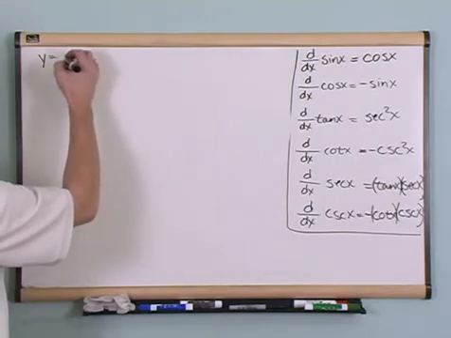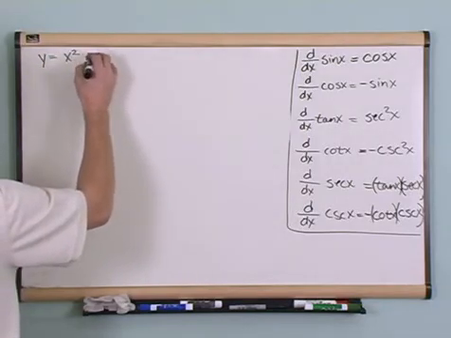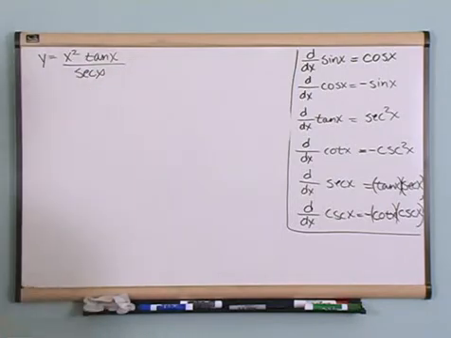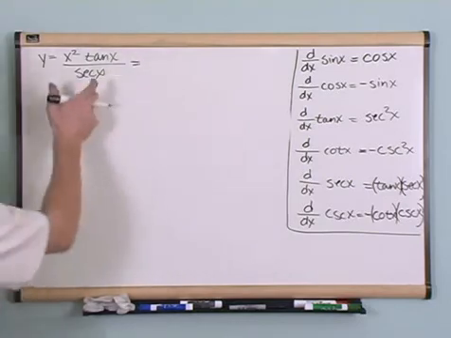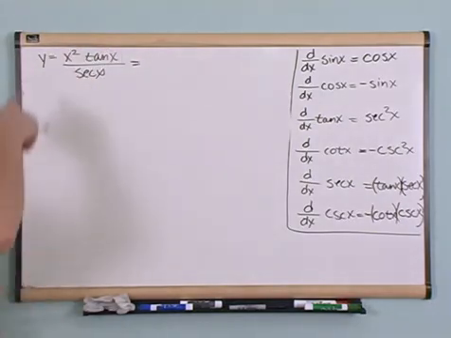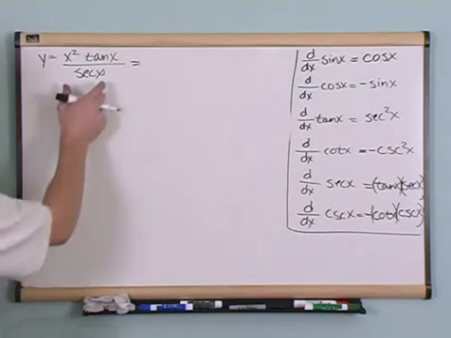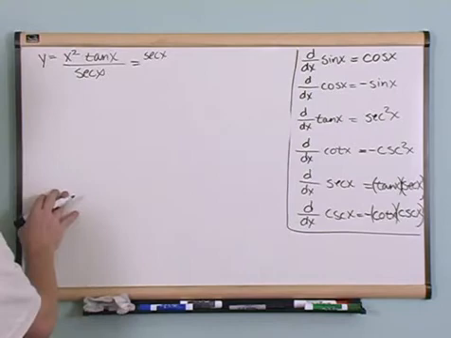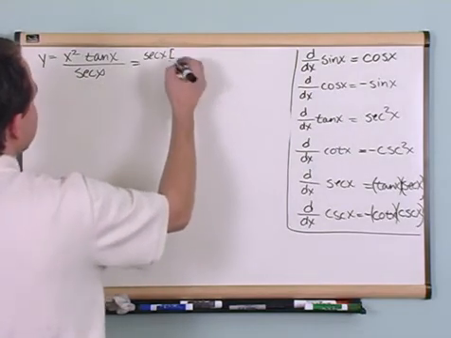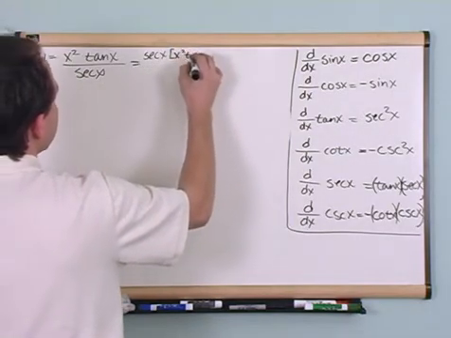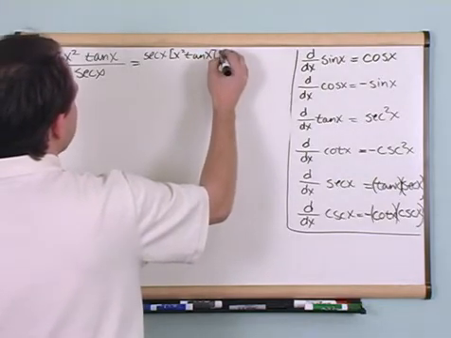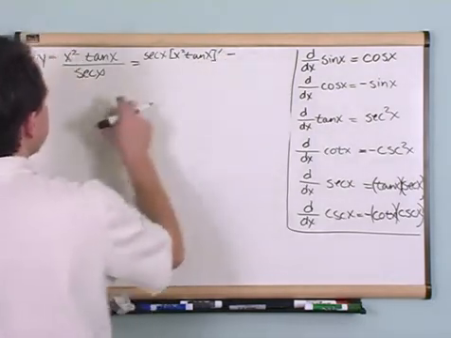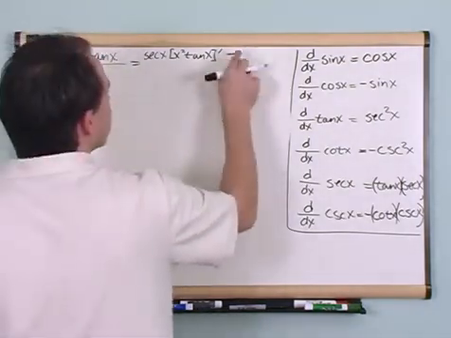What if you had x squared times tangent of x over secant of x? Okay. Well, again, we've got a term in x and another term in x, and they're divided, so you have to use that division rule. So it's going to be the bottom, which is secant of x, times the derivative of the top, which I'm just going to write as x squared tangent of x, and I'm going to put a derivative mark here to remind myself that I have to take the derivative of that, minus, so the bottom times the derivative of the top minus the top,